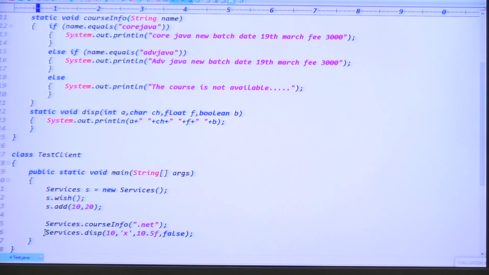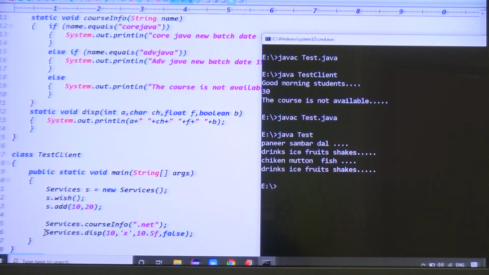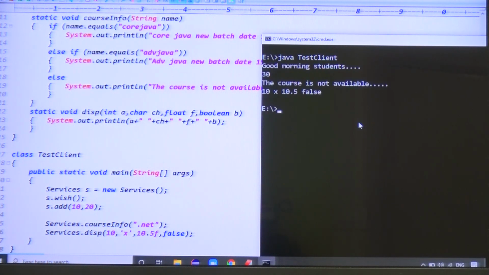Then you can try to run this code. Then you try to do the compilation, code is compiled fine. Which class do you want to execute now? The class is called the test client class, right? Now you can see the message. For the first method the output is good morning students.